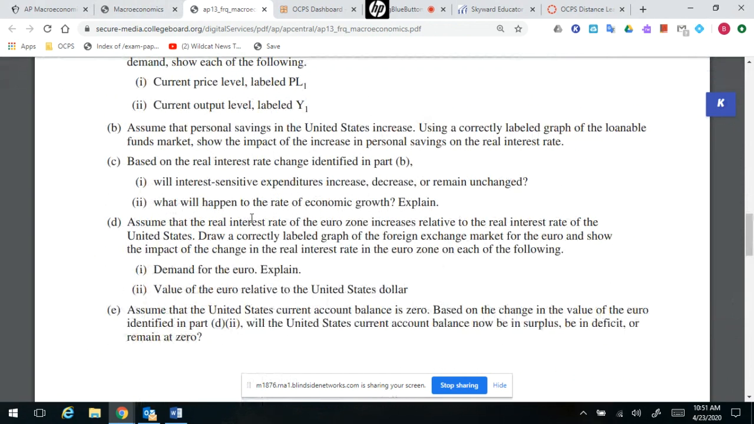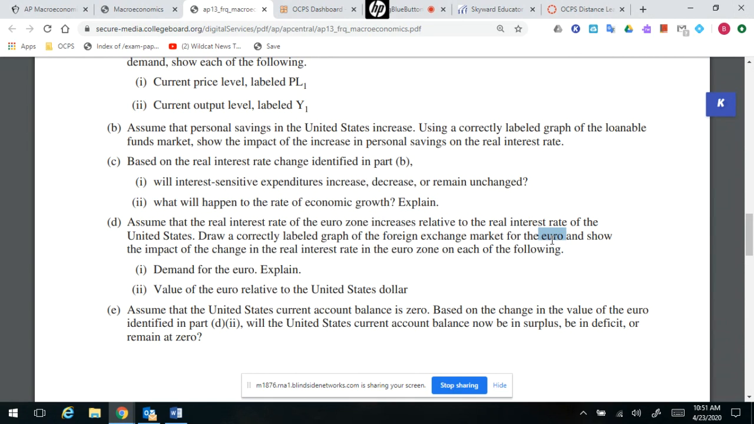Assume that the real interest rate of the Eurozone increases. Okay, so interest rates in Europe are going up relative to the real interest rate in the United States. So the United States is going to try and seek that higher rate of return. We're going to try and buy their financial assets. Draw a curriculum level graph of the foreign exchange market for the euro. Okay, so if the Americans want to buy the bonds, those financial assets that have a higher rate of return in Europe,